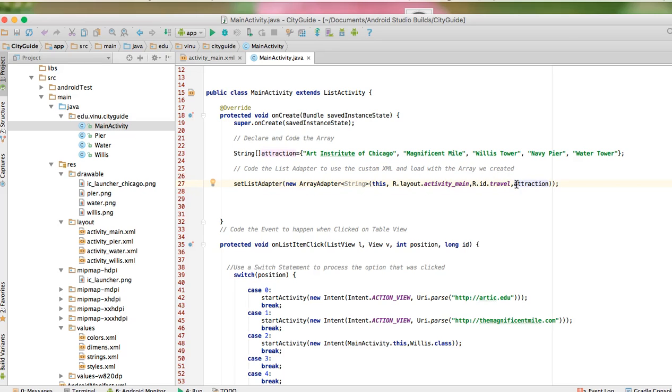So we created our custom XML. We're going to extend that out, and whatever is going to be in that array is what's going to be displayed in that text view area, that custom XML layout that we just created. So it's probably a little confusing, but I think if you look at it a couple times, run your application,